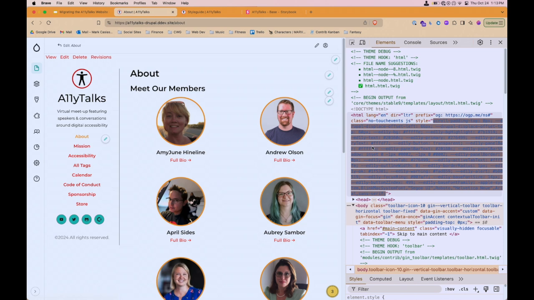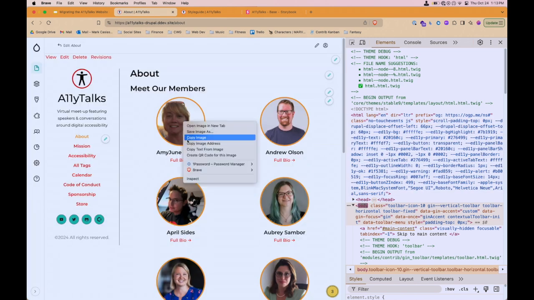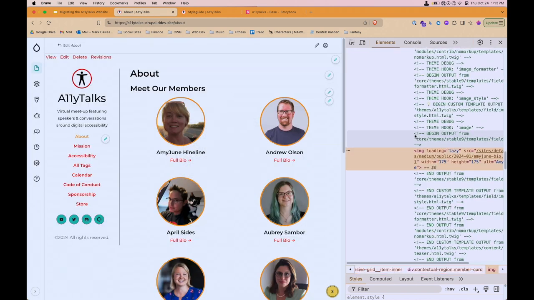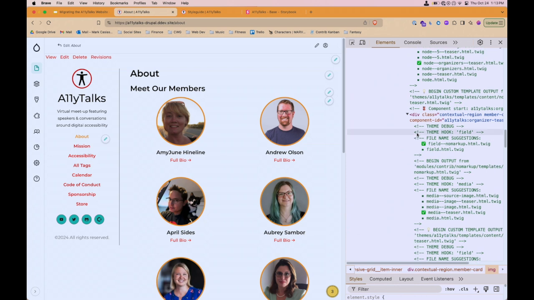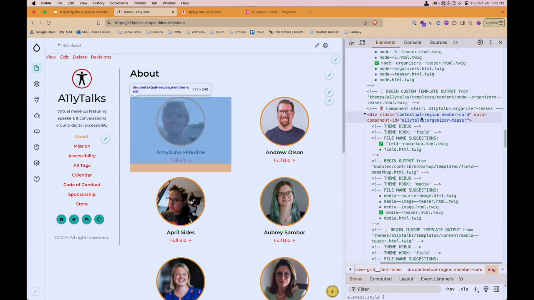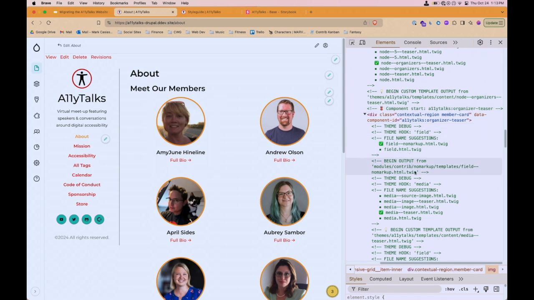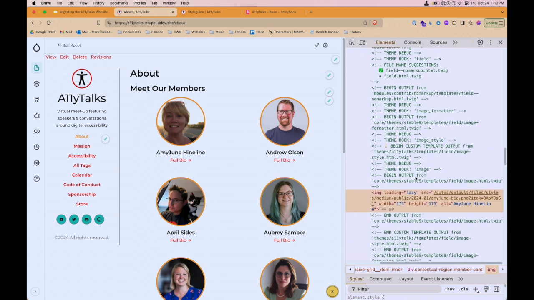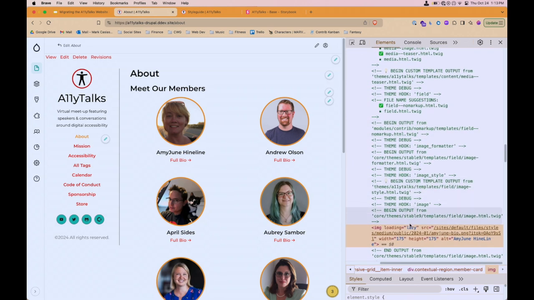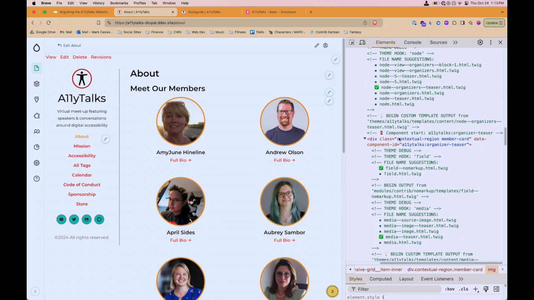Live demos. You'll notice that in this speaker one, if you inspect it, you end up getting this great thing when you're doing the component. There are a couple of things that the components do. One, it shows you if you have your Twig debug turned on. You have to have it turned on, obviously. That's why I decided to do that instead of the live site. It tells you what component you're actually using in there. And if you're using a component inside a component, it actually breaks it down for you. So coming up here, we have the image component later.